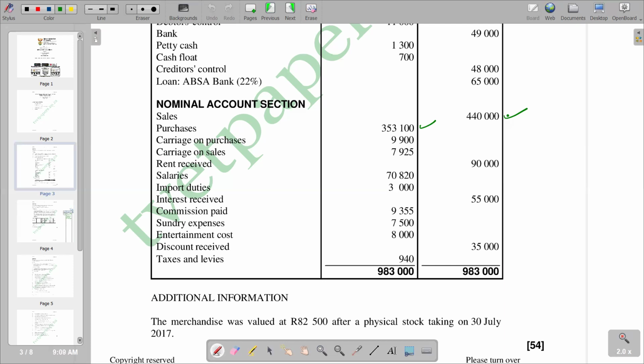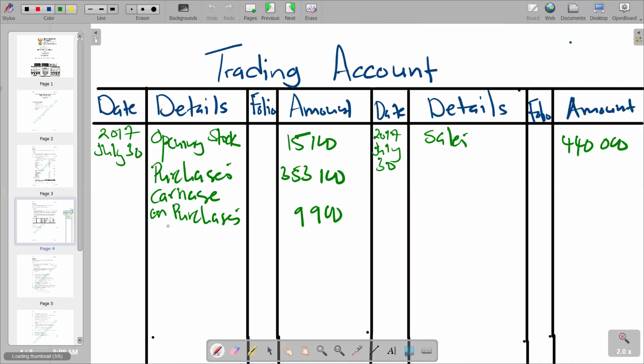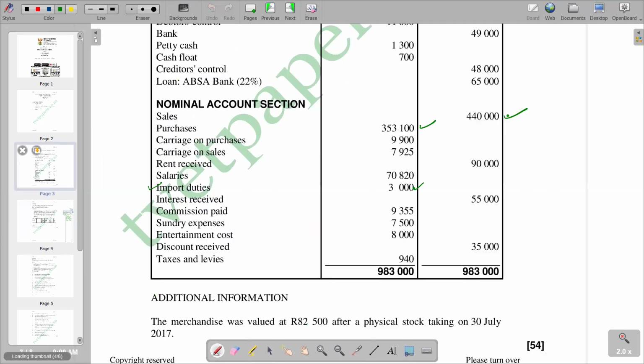But import duties, we know that it's part of our carriages. So we put 3,000 on the debit side of the trading account. Three thousand, and then we go to the next item. After import duties, we've got interest received, which is an income, commission paid, part of the profit and loss account. We go down checking, so we see that we have exhausted all elements that should be included in the